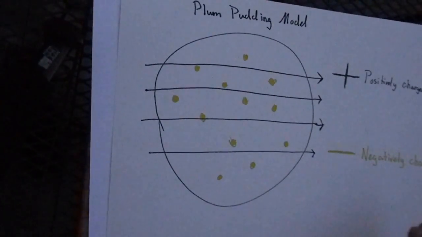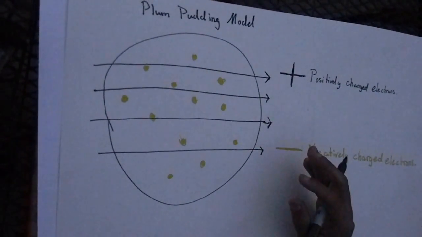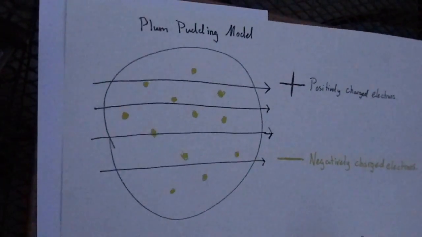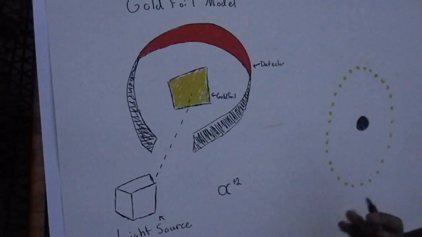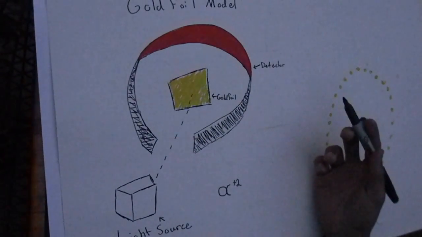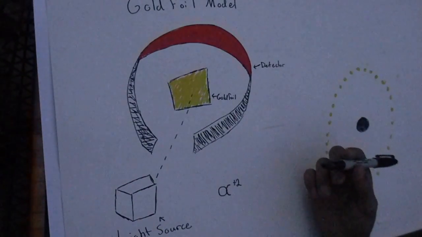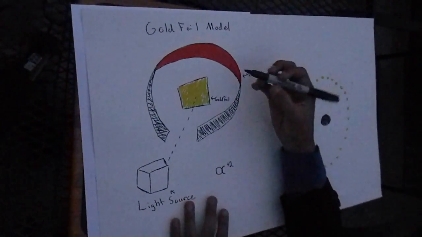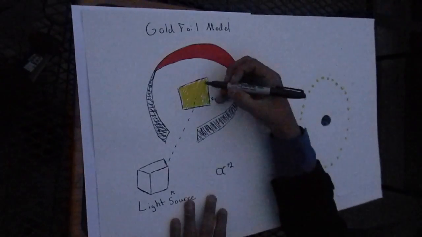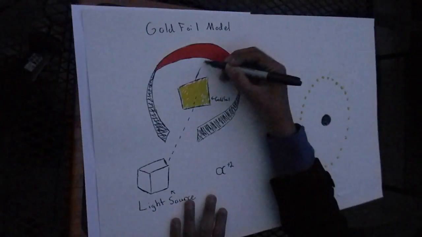However, what his results really were was that most of the alpha particles did pass through, but some were actually deflected off onto the detector or even bounced back. Based upon this, Rutherford concluded that there must be some localized region that contains all of the mass or all of the positive charge. So basically what happened was like this. You had the alpha particles shoot, some went straight through,